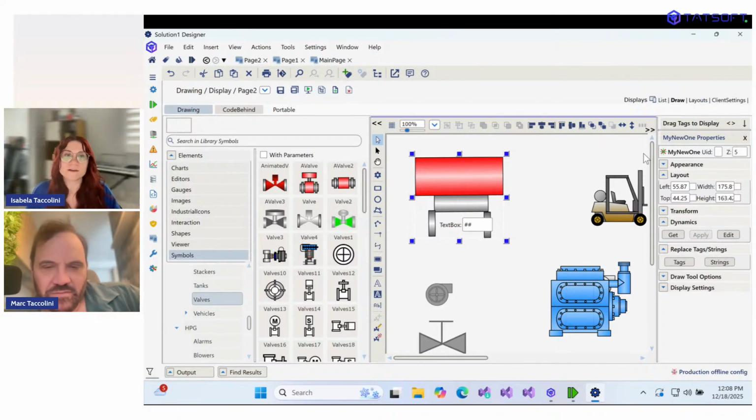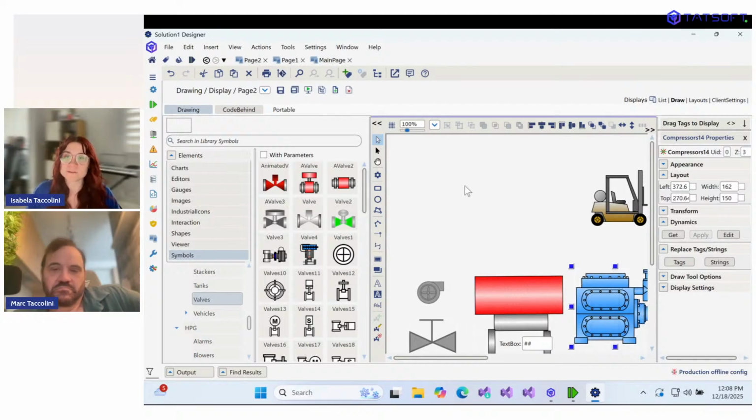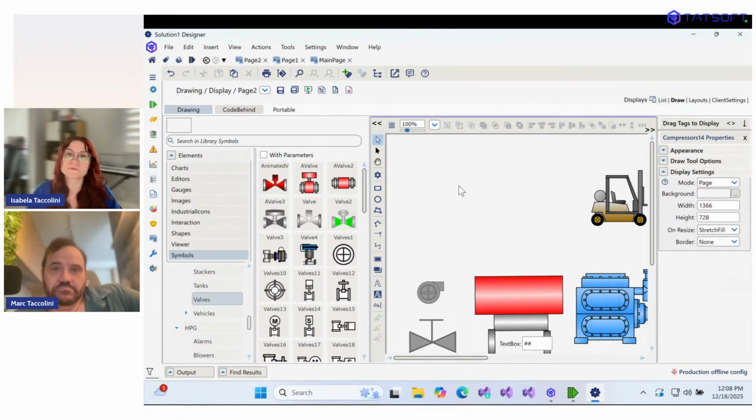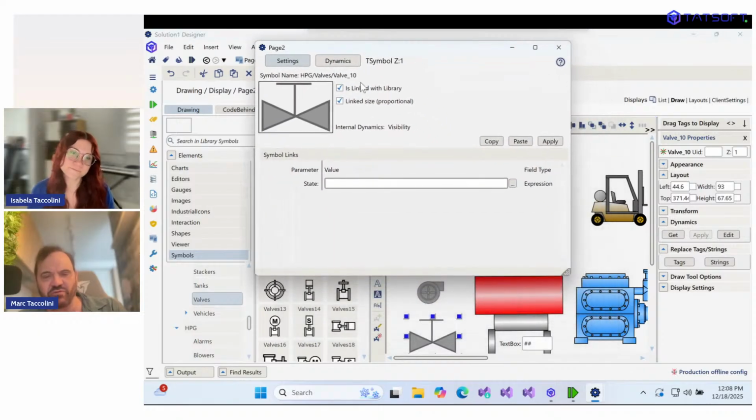So that's why they're easy to break. They're easy to make into your own. You can give properties and dynamics to a specific part of the symbols. All of it is really to make development easier, faster, and just a smooth process overall for anybody who's building those HMIs. And to be really easy, we have the concept that you can open a symbol like this valve,